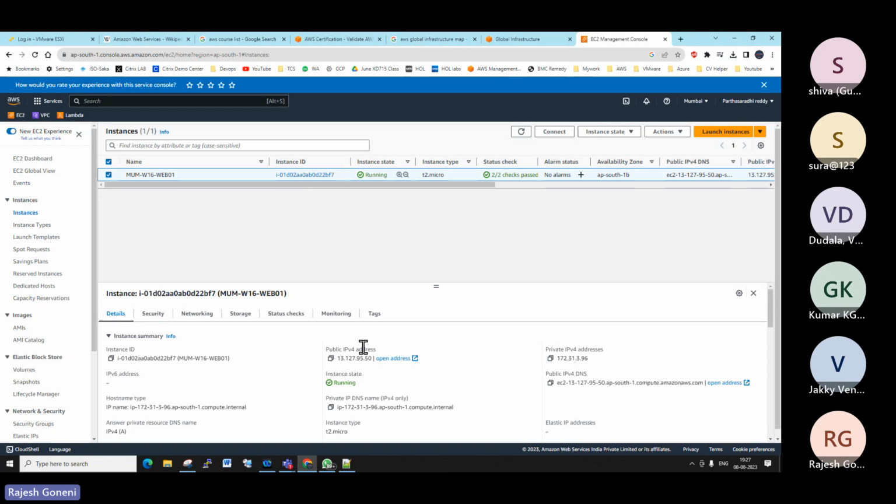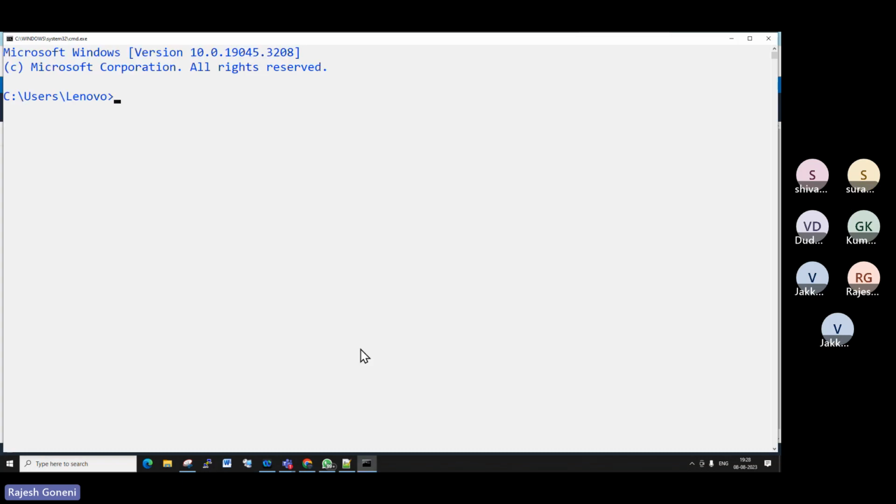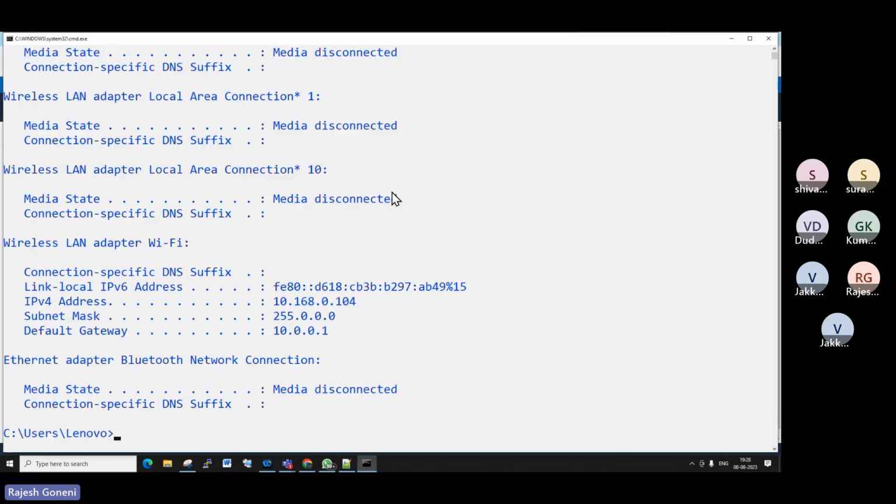You can check that even on your home PC. Go to CMD, run ipconfig, and you will get the internal IP. This is a private IP. The series will be